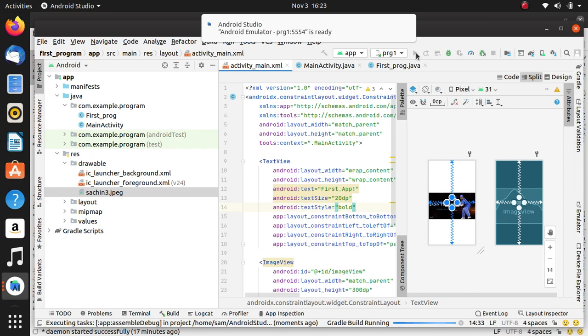The program is executing. Wait for some time, since it is an emulator, it will take some time.